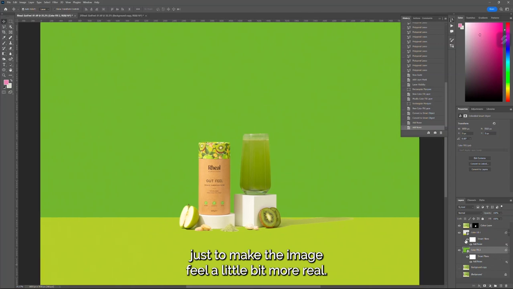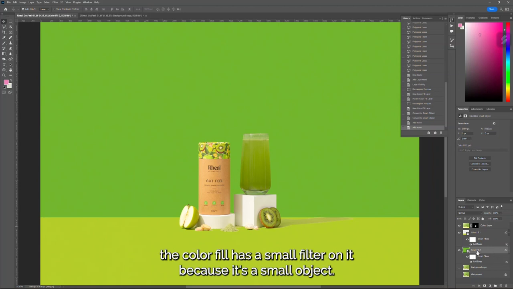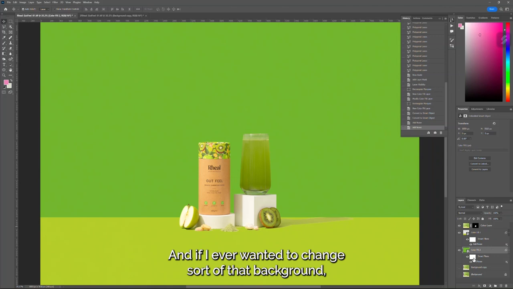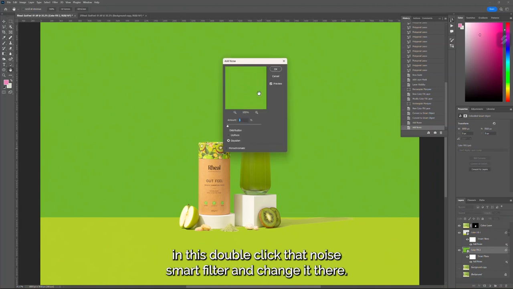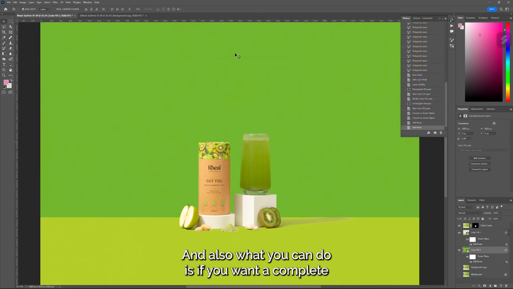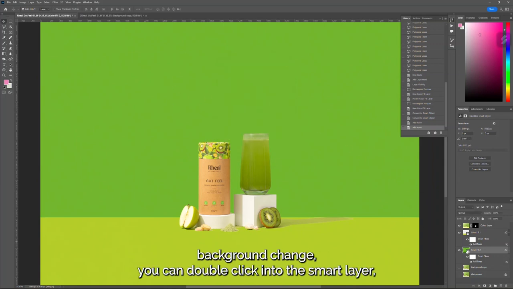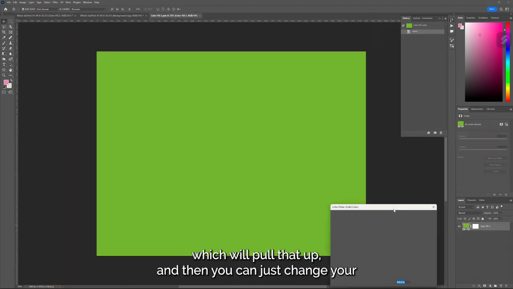And as I said, if you go back to your layers panel, you can now see that the color fill has a smart filter on it because it's a smart object. And if I ever wanted to change the amount of noise that's in the background, I can double click the add noise smart filter and change it there. And also what you can do is if you want a complete background change, you can double click into the smart layer, which will pull that up, and then you can change your